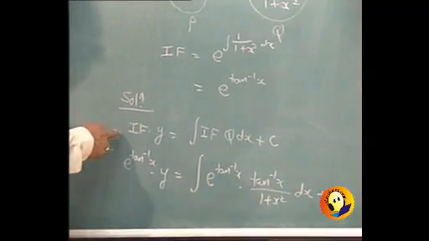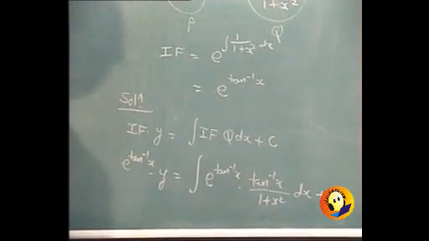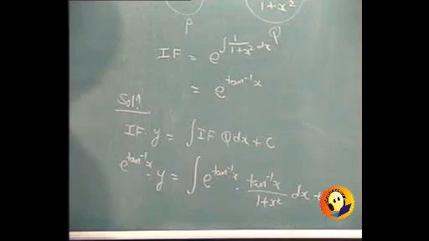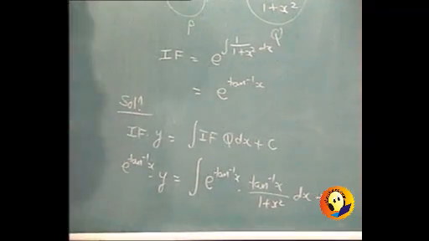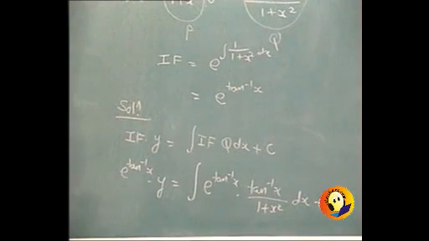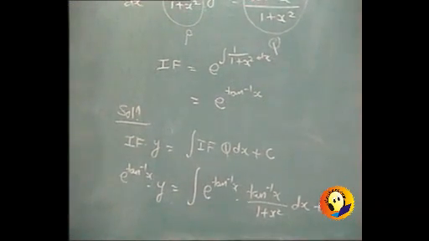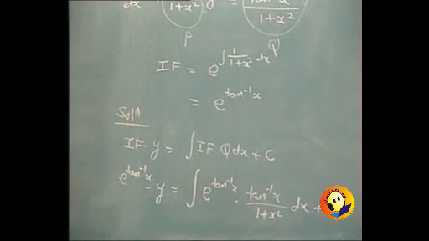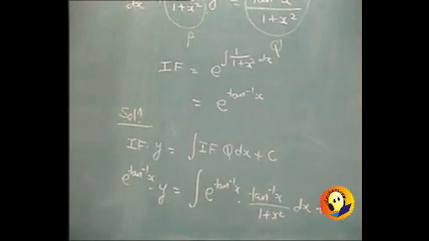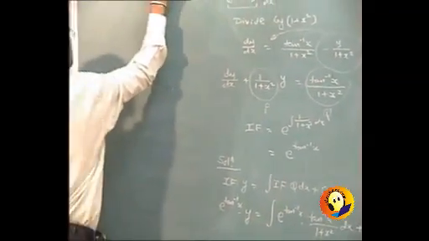So we are simply using the formula for the solution and substituting the value of the integrating factor. And so what we have right now, I am just rewriting the step. It is e raised to tan inverse x into y is equal to integral e raised to tan inverse x into tan inverse x upon 1 plus x square